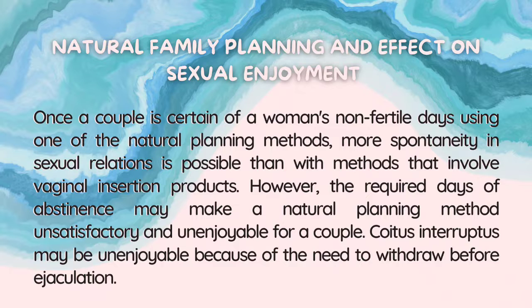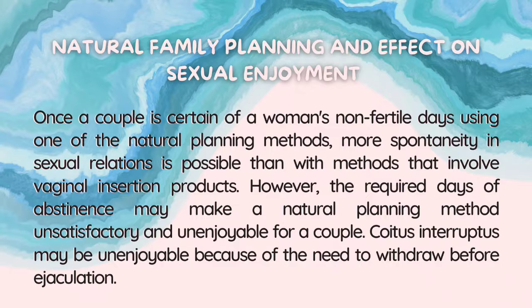Sexual intercourse is avoided or contraception is used on fertile days to prevent pregnancy. Natural family planning is a type of fertility awareness-based method that employs abstinence during the fertile window if being used